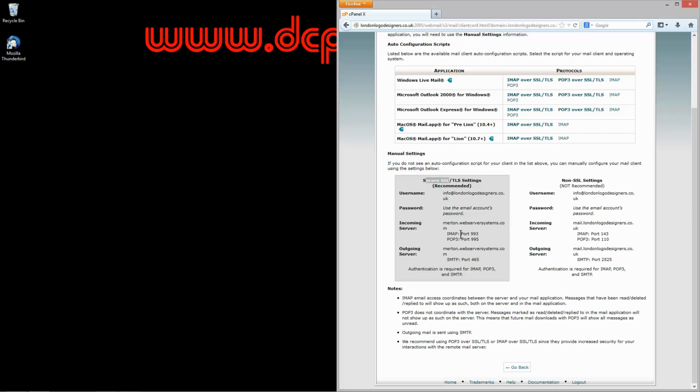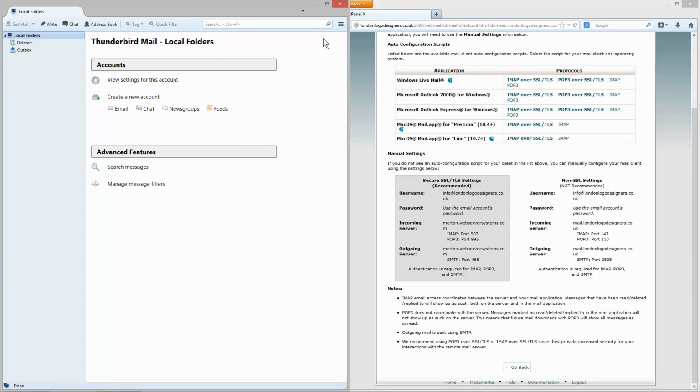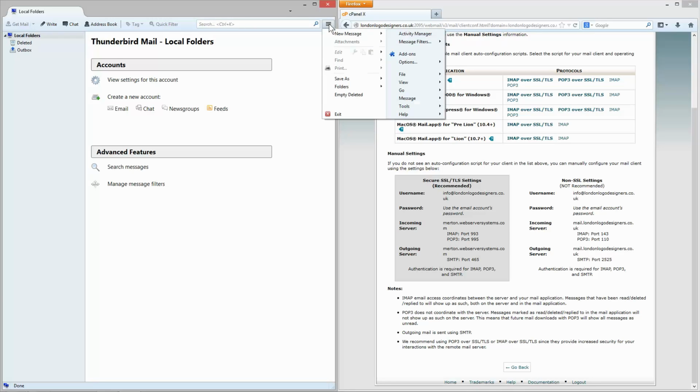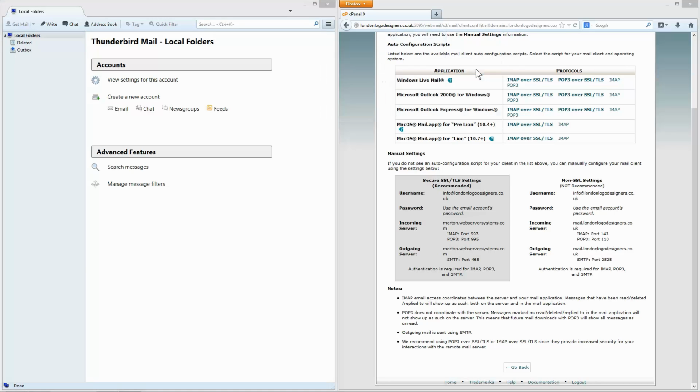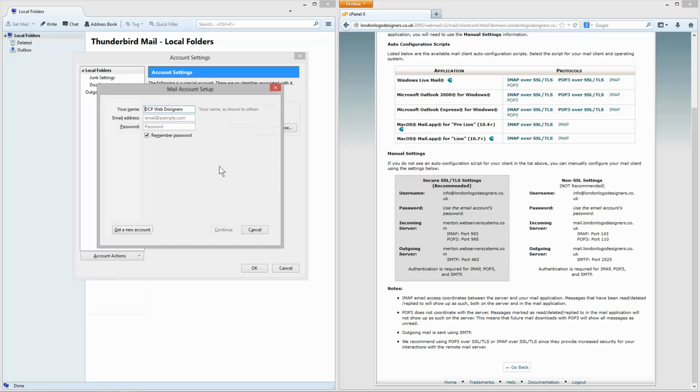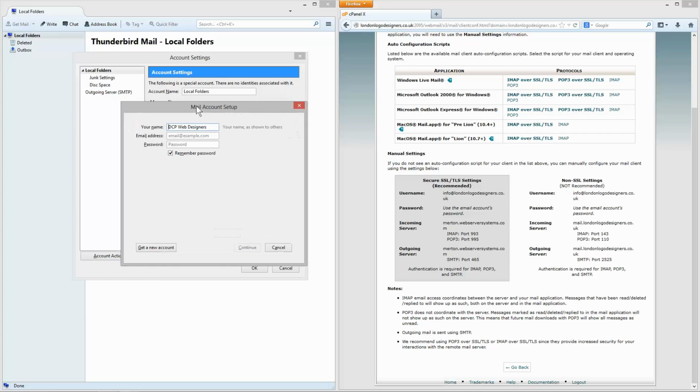So I've got this information up here now, and I'm also going to have Thunderbird open. What I need to do is click on this little button in the top corner, go to options and then account settings, and in here go to account and add mail account. It's going to pop up and ask me what I want to call this email account, and the email is called